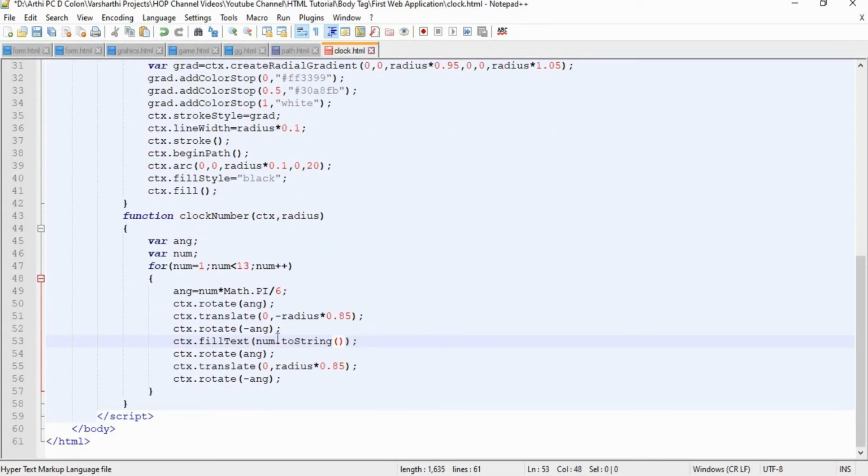We have to provide the number, and after that the coordinates of x and y axis. Let it be 0, 0. Just save your program and run it. So here we have placed the numbers inside the clock.